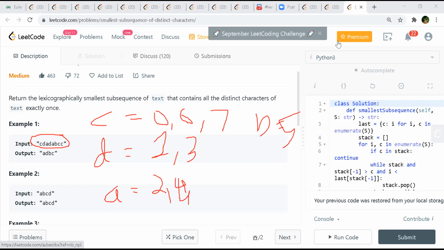If I pick C here, then it won't be the smallest one because first of all it's a C, so I should look for the smaller ones, B or A. If I pick B here, then I cannot start my string with B because I'll then miss out on A, because B is at the 5th index. So we are picking the character with the smallest ASCII value first, if it's possible.